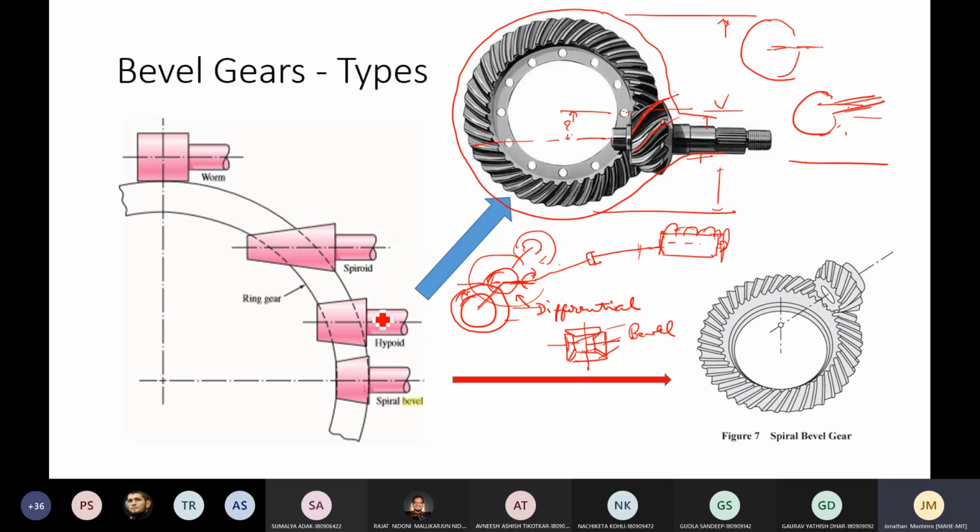Then you slightly change the position, you will go for a more spiral fashion, and that is called a spiroid gear. But as you go to the outer periphery, you come across a combination where the